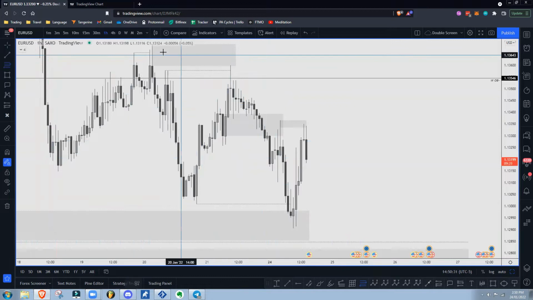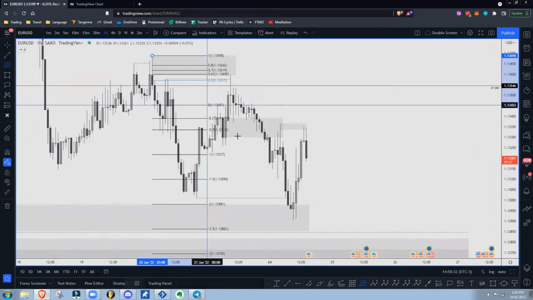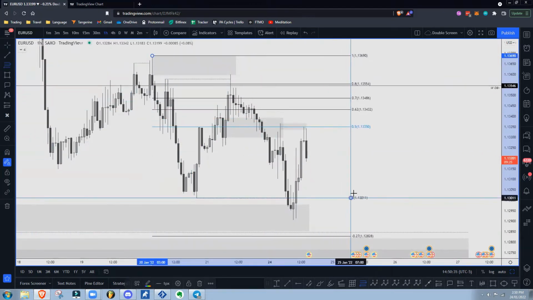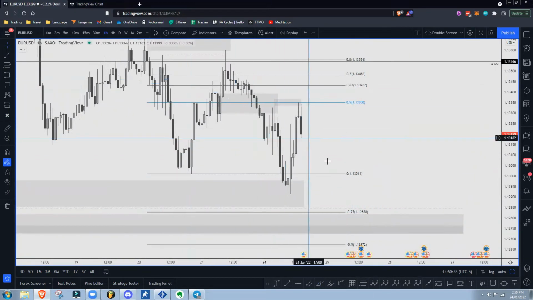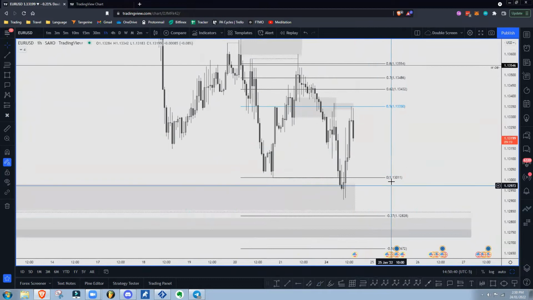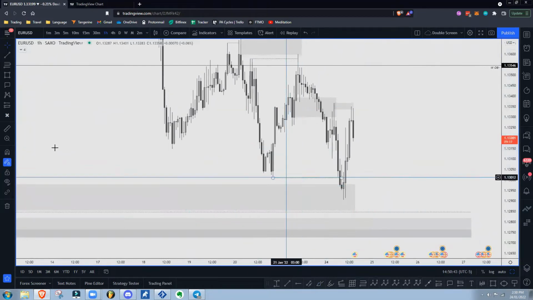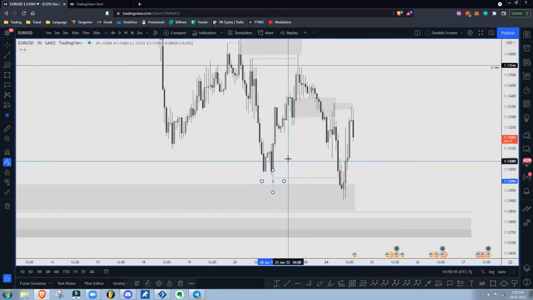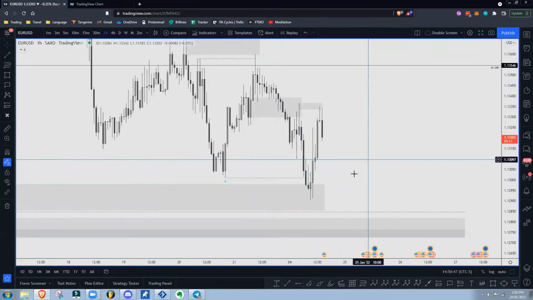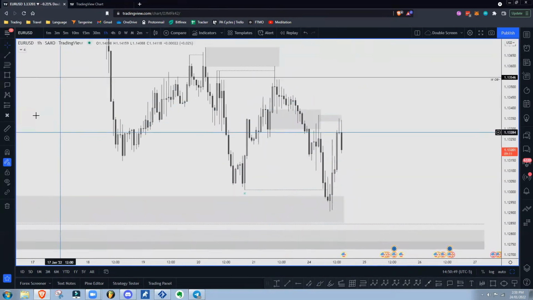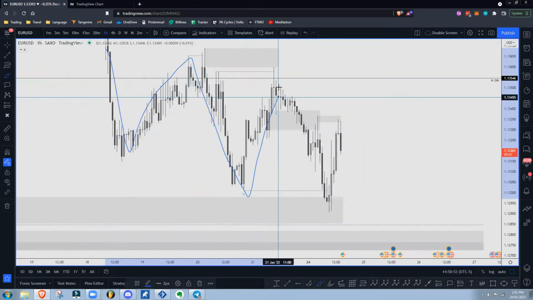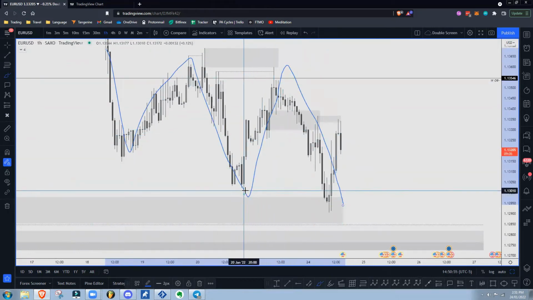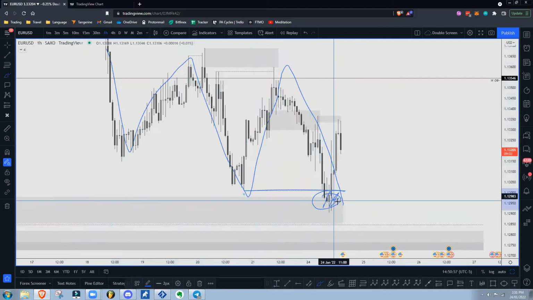And then you can look for targets down here, right? If I use my fib, you can see pull down here. Of course, there's a lot of confluence down there, which again, it still might get back down to there right now. But overall, this was the previous week's low right here. Okay, right there. And so that's going to be your first target. That has to be, first of all, this structural level, right? Where this is the low, high, and then right there is the next low. So that's where you're going to be targeting.